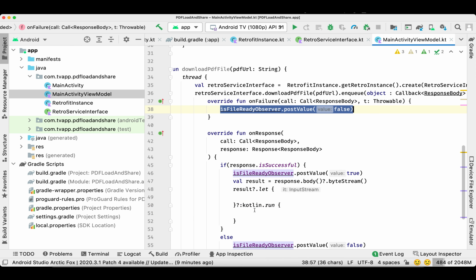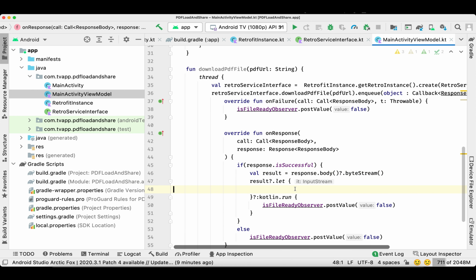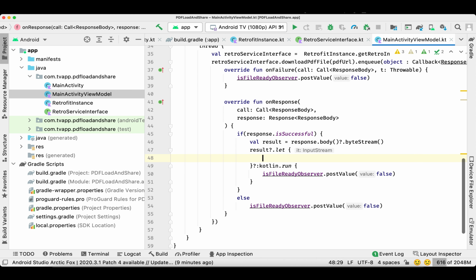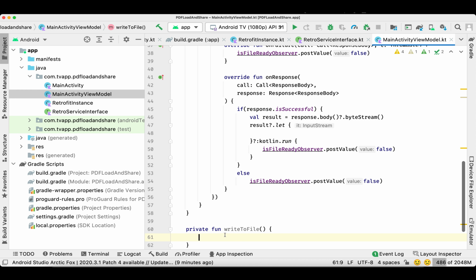If it is null, then we'll simply send false, and if it is not null, we retrieve the stream, then we'll call a function that is write to file. So we'll define another function where we will store this stream inside our file. So we'll write this stream in our file which we defined above. So we'll call this